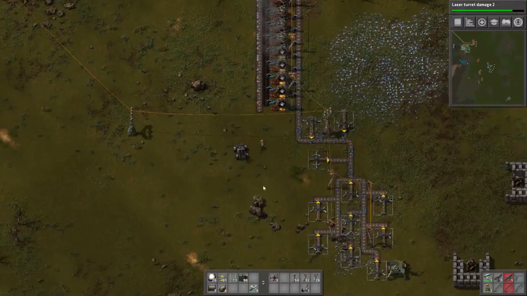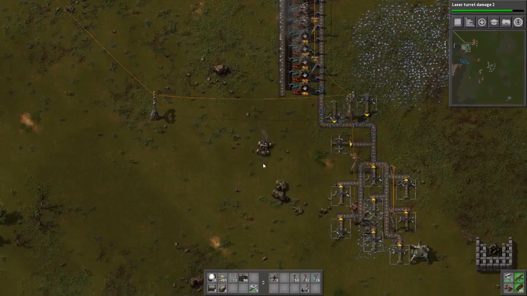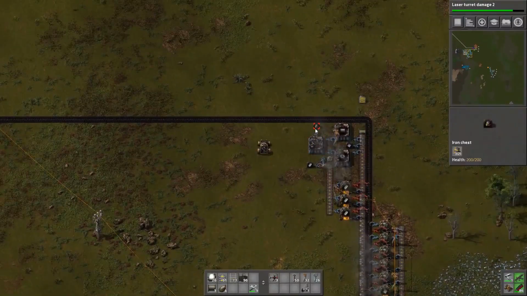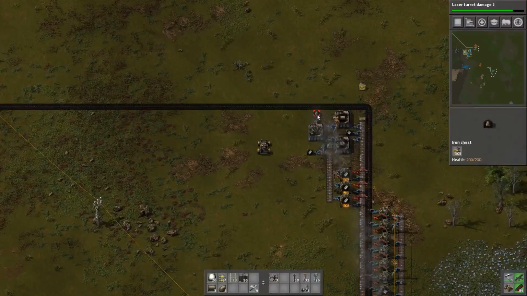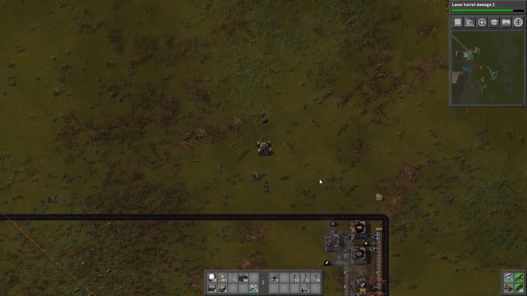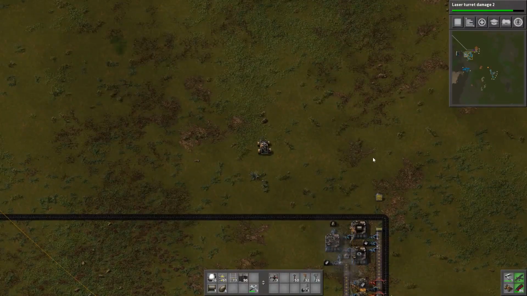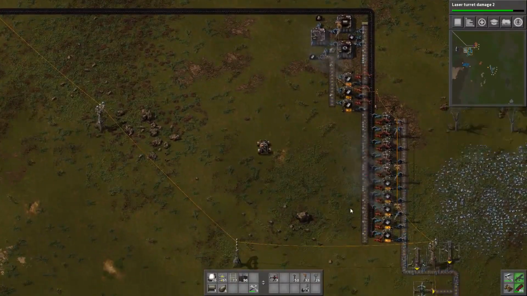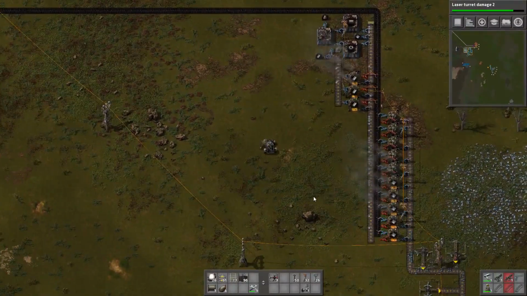Then we've already got the engine units being constructed. I may have to transport them elsewhere. Like they're coming out right here, I may have to put an underground belt and have them pop out up here so that we can use them for the other things. What else was I thinking about? Yes, I wanted to get this...